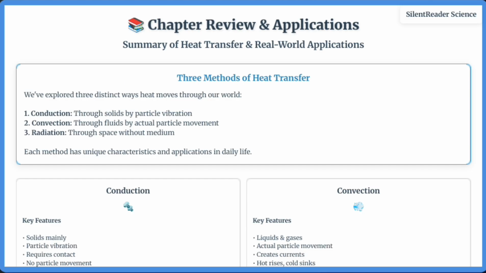Congratulations on completing Chapter 7. You've learned that heat transfers through 3 methods: conduction in solids through particle vibration, convection in fluids through actual particle movement, and radiation through space without any medium. You understand why metals are good conductors for cooking, why convection creates sea breezes, and how radiation explains why we